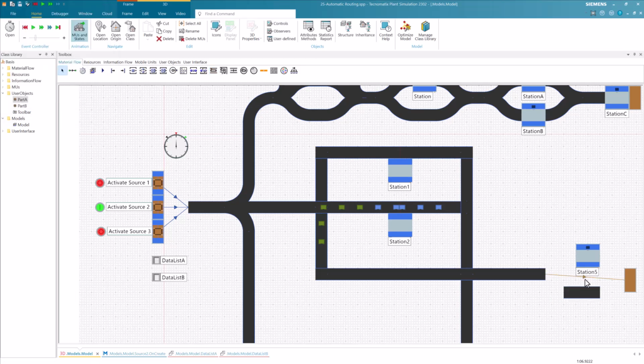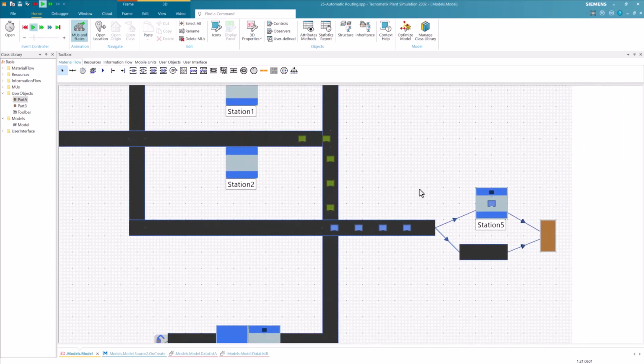If we let our simulation continue, we will see that the exit strategy of the conveyor is applied, and the parts will be distributed according to the exit strategy of the preceding conveyor. This results in some of the parts being processed by this station again.